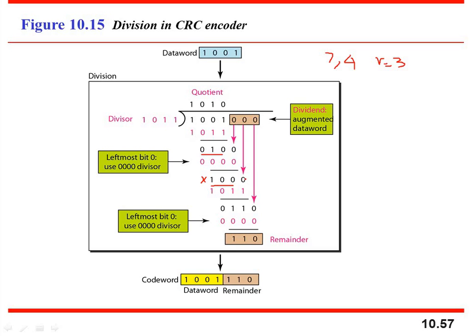Now again you borrow 10 from the upper side. Now the number starts with 1, so again you take a quotient 1 and you multiply the divisor with 1, giving 0111. So this will be discarded, and again you will get the next 3 bits, so 0011, and again you will be borrowing this 0.